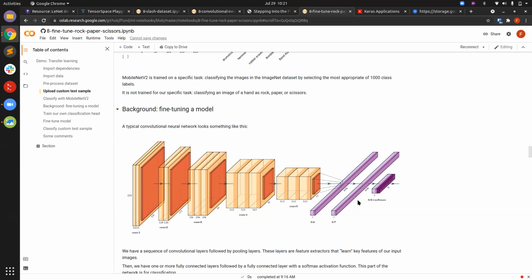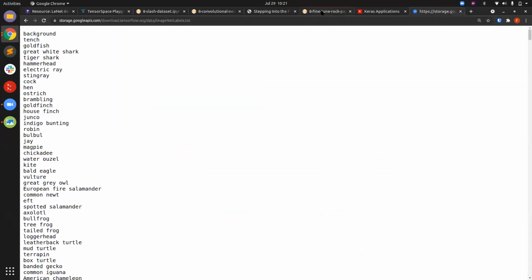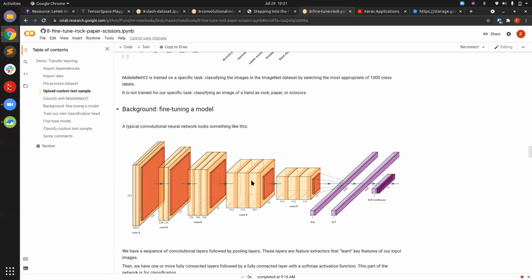So the model is not really helpful for me for this part. We're not really interested in predicting the per-class probability of any of the items on this list. But the feature extraction part is probably very useful, right? It was trained on a huge number of images, and it's learned to detect some features